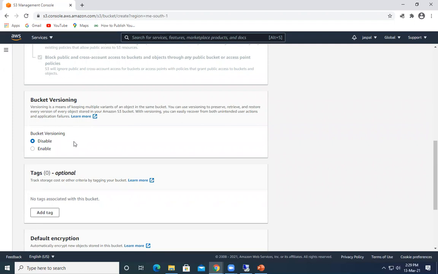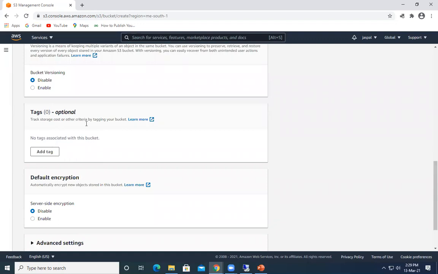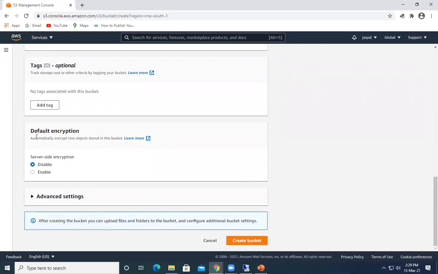We'll go into this part later on. The tags are also optional, used to track access to the bucket. By default, new objects stored in the bucket are automatically encrypted. Encryption is enabled by default, but we can also enable server-side encryption. There are a few more advanced settings that we'll go over later. Let's create the bucket first.